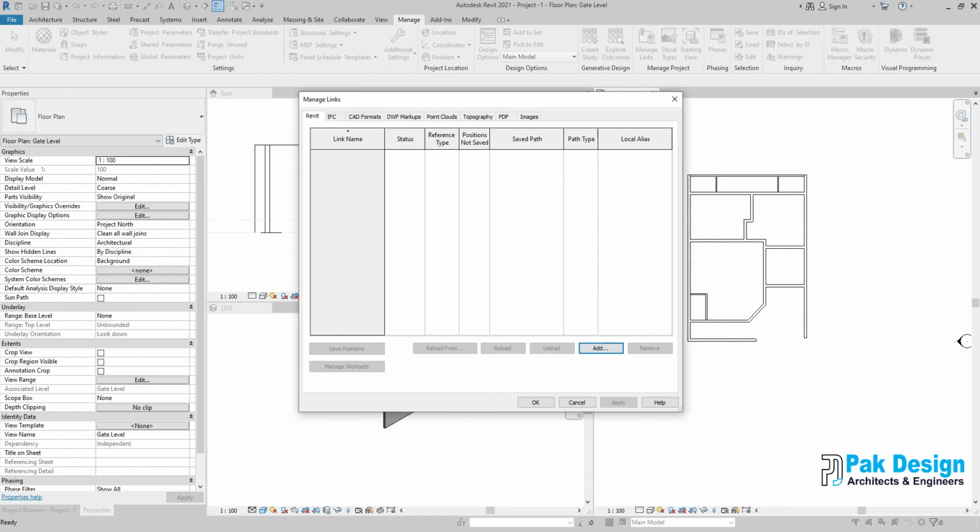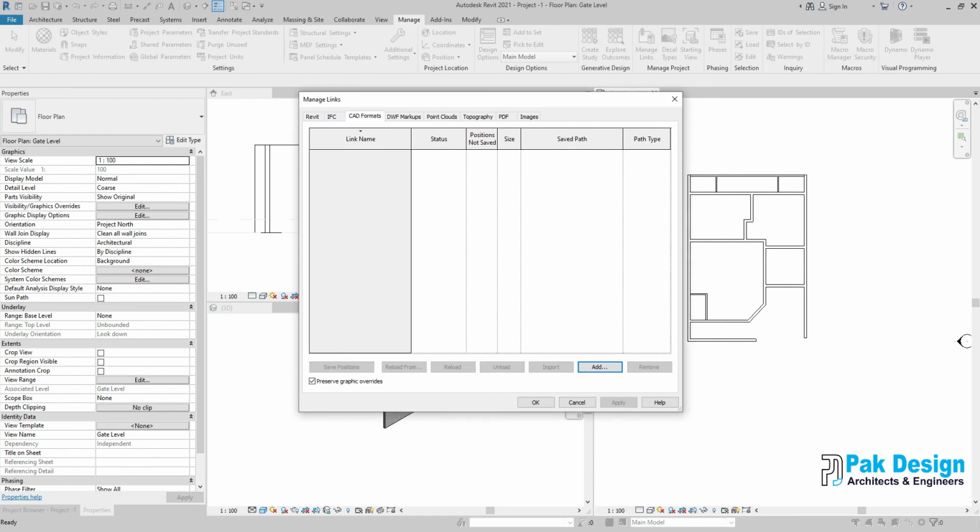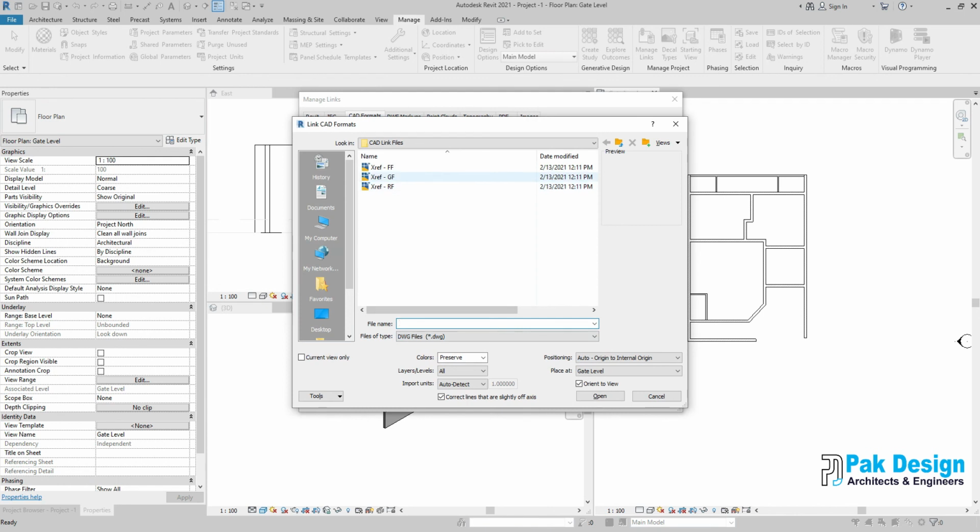In manage link you can see CAD link, CAD format. Select here, I will select ground floor. There are options, like if you want to position origin to origin, or center to center, or shared coordinates. So it's up to you where you want to keep this.